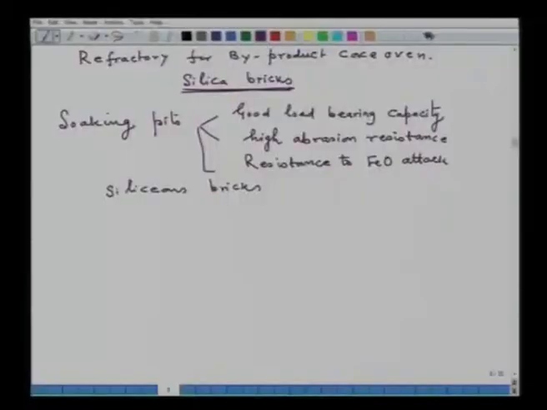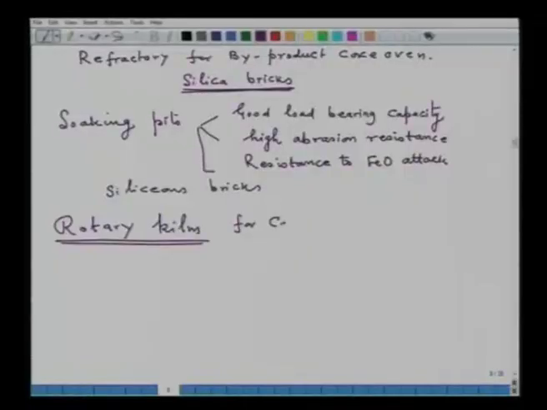Now, similarly, if you see rotary kiln, the rotary kilns are used for the calcination of limestone in the cement industry. Rotary kilns are also used for calcination of hydrous alumina that is produced from the Bayer's process. The whole objective of calcination is to remove the water which is in chemical combination with the material. In order to do that, a very high firing temperature is required.